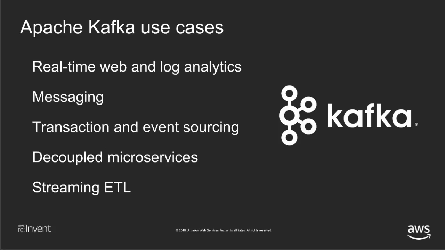Apache Kafka is used for gathering transactions and also for event sourcing. So if you have many devices, many databases generating change logs or events in real time, Kafka is used as that medium to capture those events as they are occurring and ensuring that the order is maintained and the transactionality of those events is also maintained so that the applications that are reading from Kafka have a full view of what has happened in the order it happened.